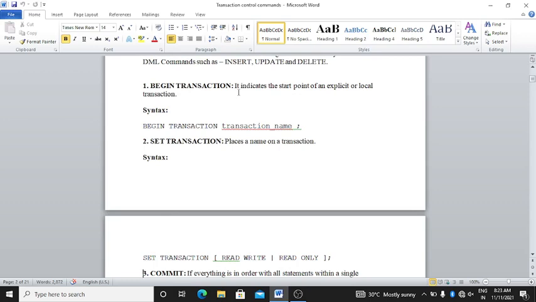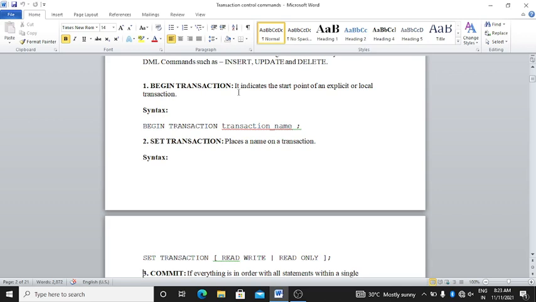First is begin transaction. It indicates the start point of the explicit or local transaction. Syntax for that: begin transaction transaction_name; Okay. Second is set transaction. It places a name on a transaction.